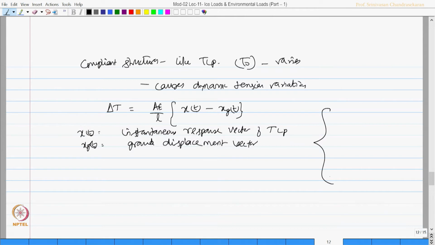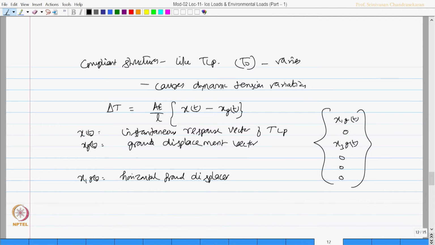One can quickly look at this vector. It is going to have the effect in surge degree, no effect in sway. It will have effect in heave degree, no effect in roll, pitch and yaw. So, I should say now that x 1 of g is actually horizontal ground displacement and x 3 of g is vertical ground displacement. So, earthquake causes displacement and the ground motion